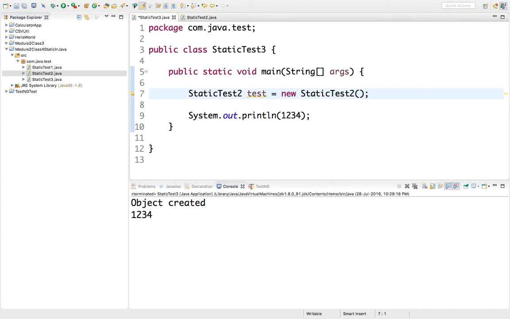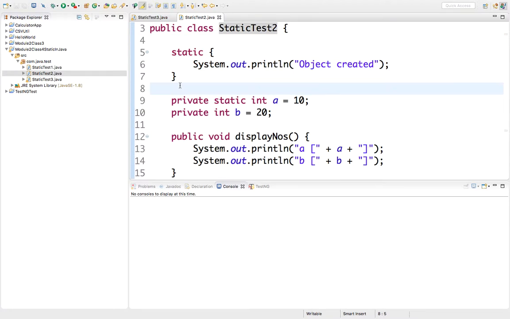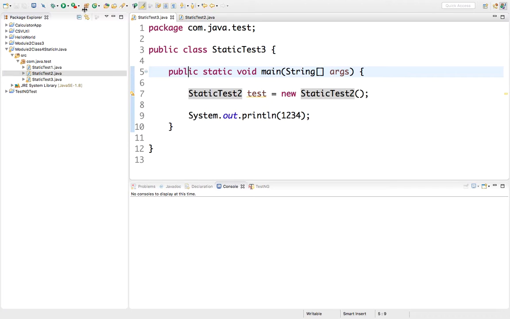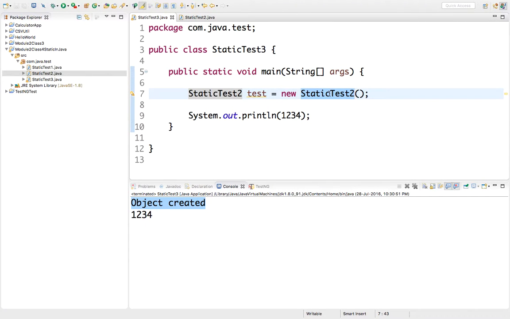You just see, I'm just creating one object of that class, and I'm not even using this reference, that is unused. Then I'm printing sysout. See, when this object is created, it will print object created, and that is there within this static block. When the object is created, it is going to be called. So let's execute this method. See, object created comes first, and this is coming from static test2's static block.